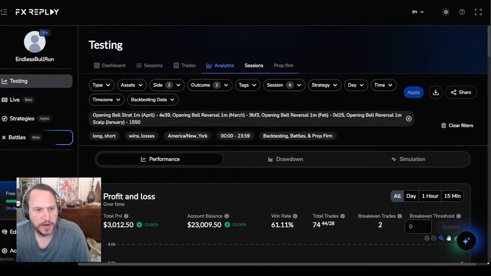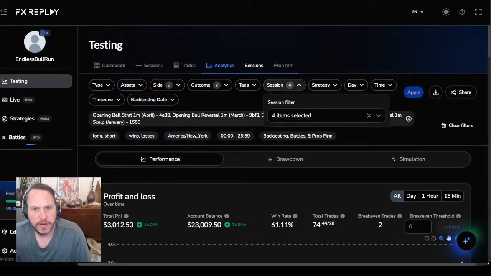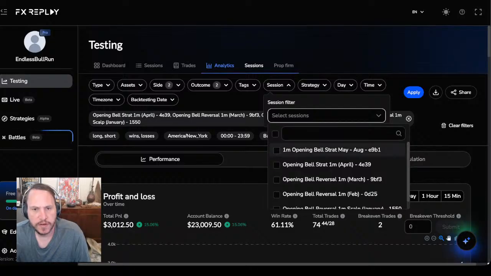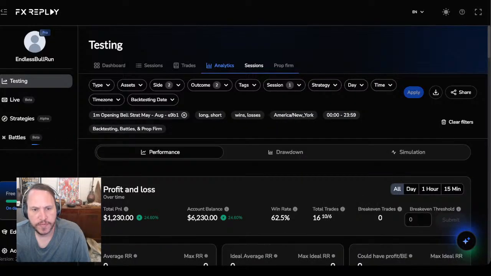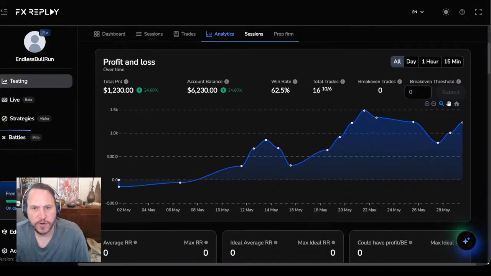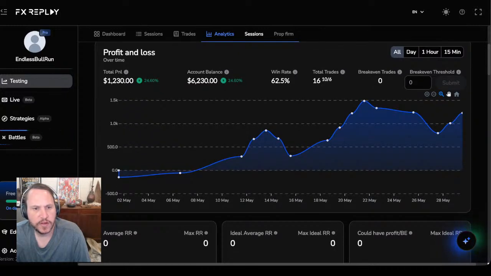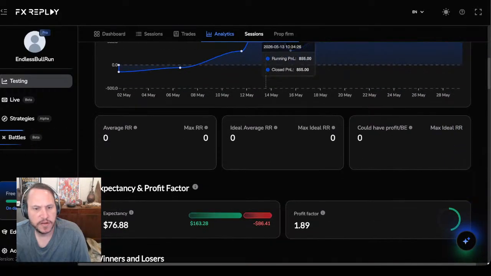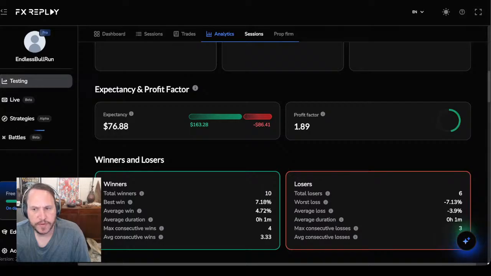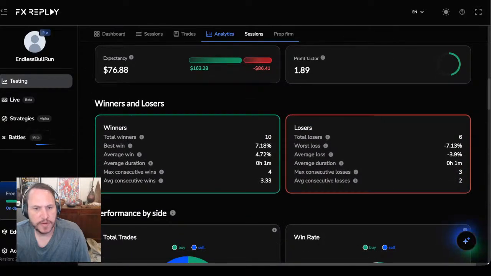Okay, let's go to the analytics bar here. I don't want all 4 sessions, I just want the current session. 62% win rate. 16 trades total that month. 10 for 6. Never in really that big of a drawdown. And that's why I keep it at 5, because I don't want to ever lose or